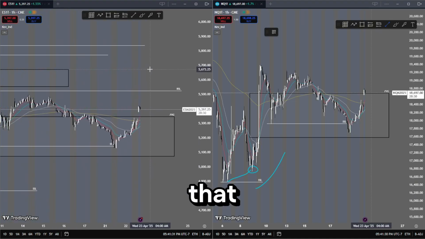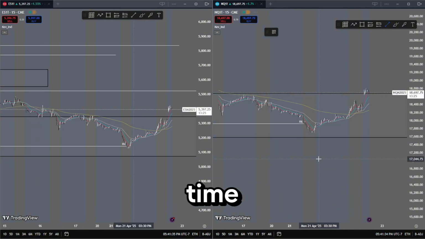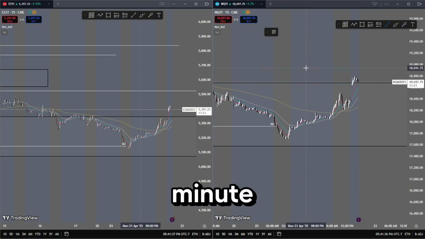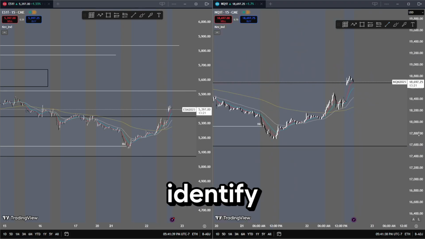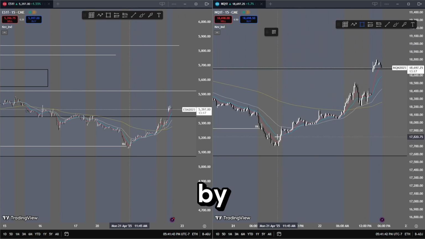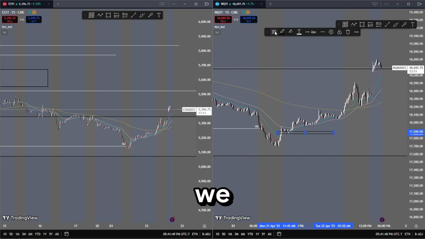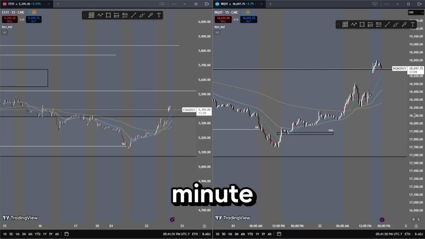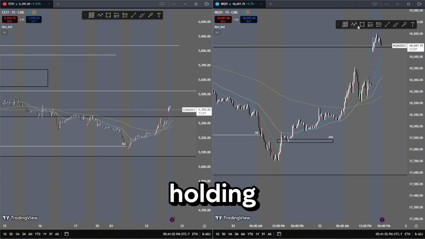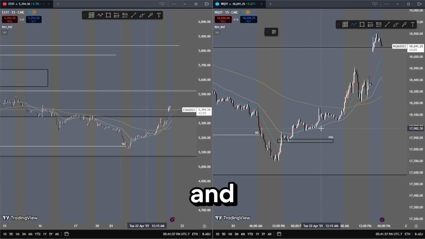Now that we grab that, we're able to switch off the 1 hour and switch to a 15-minute time frame. And off the 15-minute time frame, we're going to identify whether we are going to reverse. How can we identify that? By looking at recent price action after the sweep to see if we have maybe any fair value gaps. And we do. We identify a 15-minute fair value gap that ends up holding price action all throughout post-market and